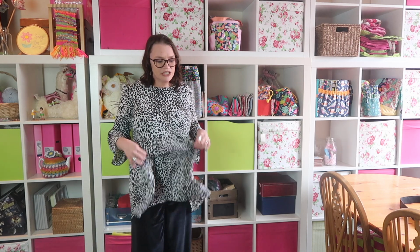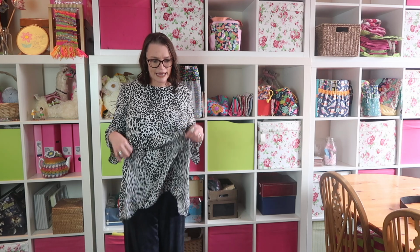I finished my Tilly and the Buttons Indigo. It's another corker, Tilly, well done. And I was doing that back in very early lockdown, which was March, April time last year. So I think I must have sewed this probably in March. In fact, yes, I did sew it in March, and I'll tell you how I know,